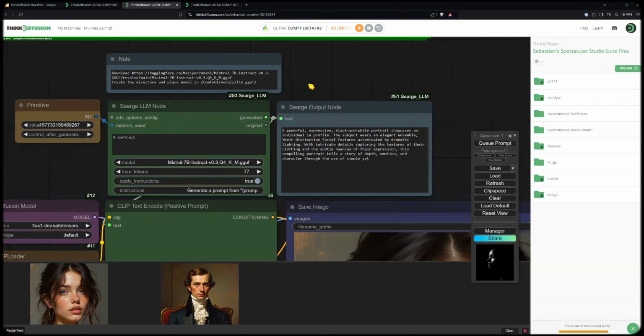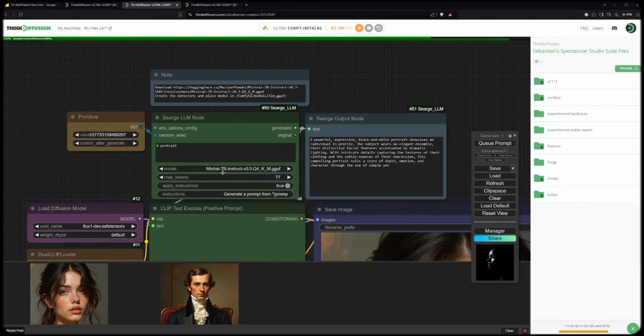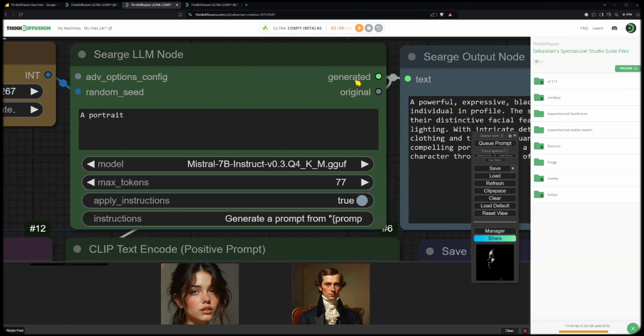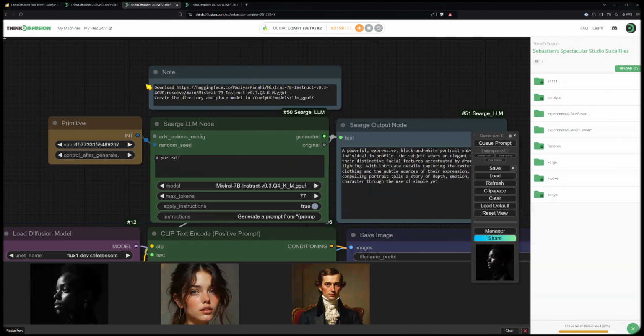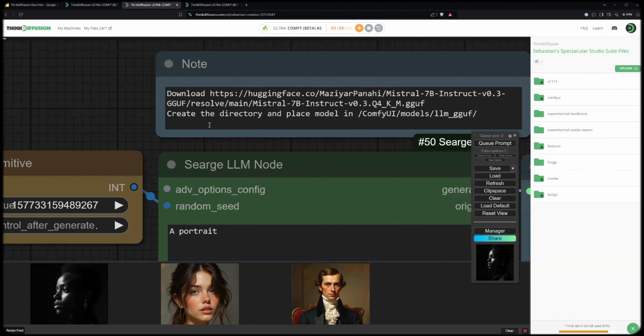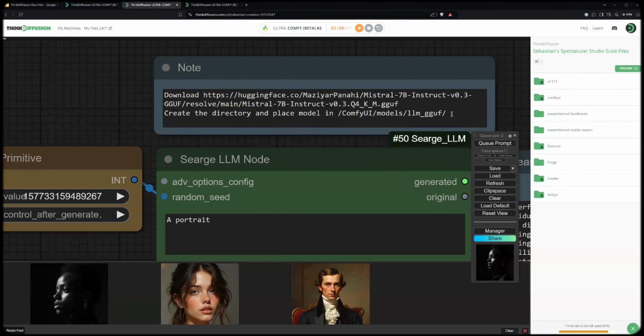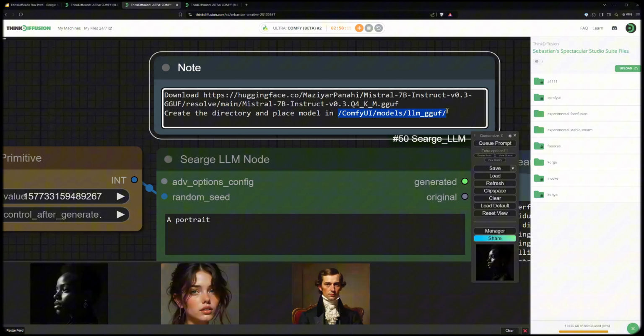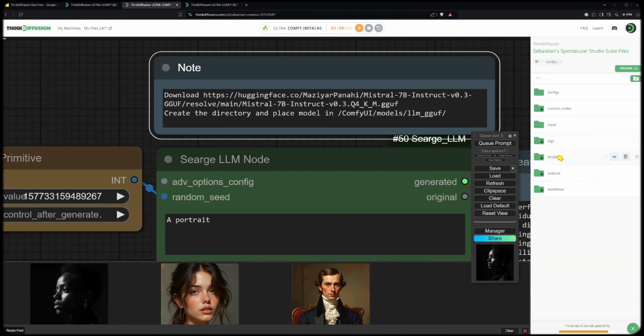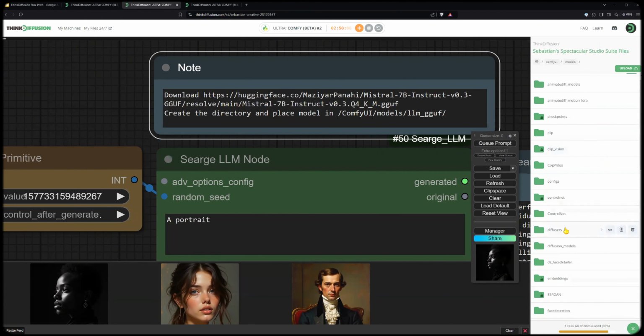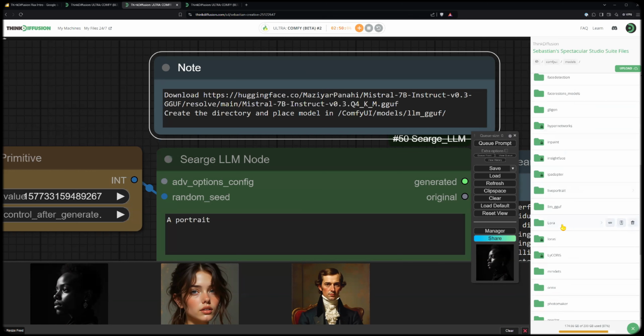If you want to try this for yourself, this LLM model is not pre-installed, but I put a little note up here where you can download it. So you actually have to create a directory and place it in there. And if you're doing this in ThinkDiffusion, you can actually go, let's see, ComfyUI, models, LLM GGUF.